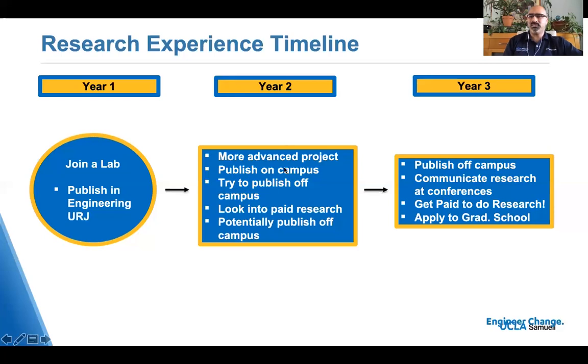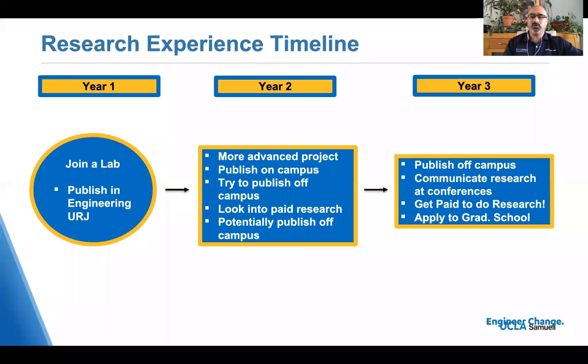By then, they're ready to publish in other on-campus venues. There's a campus-wide undergraduate research week at UCLA, and that happens in May typically. So students, by year 2, are ready to publish outside of the engineering school. They publish in the undergraduate research week, and then they might even try to publish off campus, maybe in a student organization